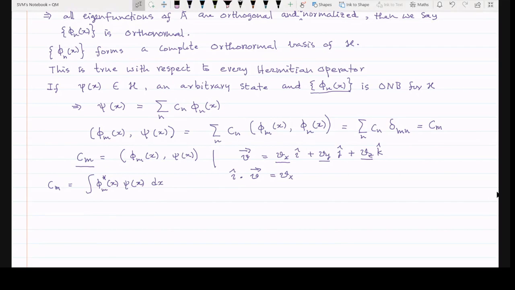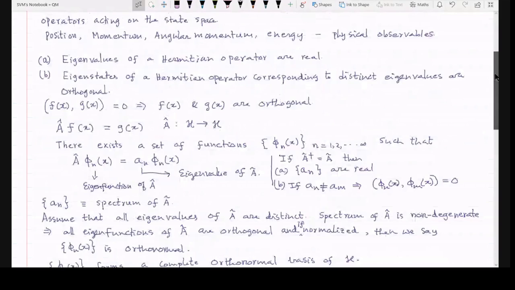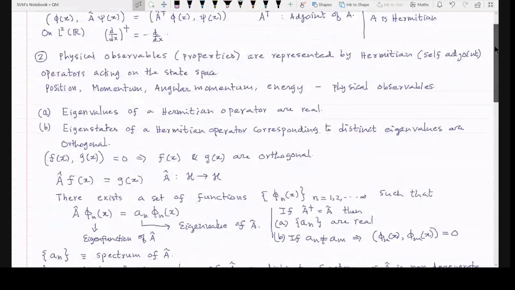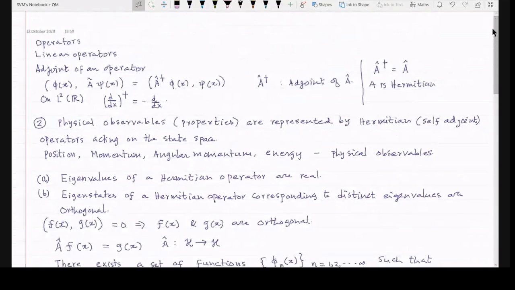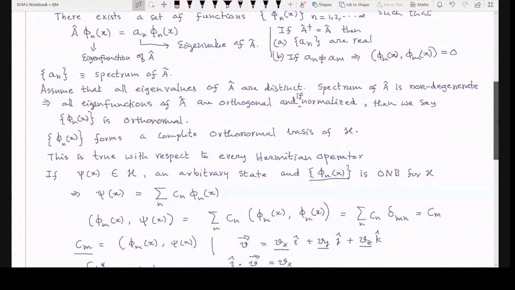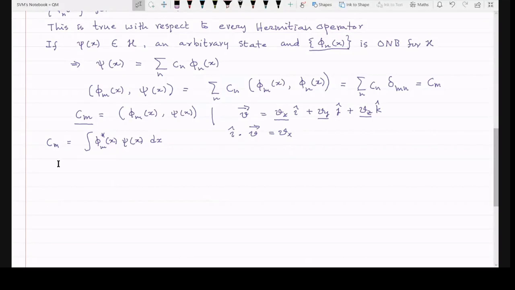Okay, so this is an important thing that we have to understand, that the eigenspectrum of every Hermitian operator forms a complete orthonormal basis for the Hilbert space or the state space. Okay. So now we come back to the question. So what is the advantage of this one? Now the advantage is that